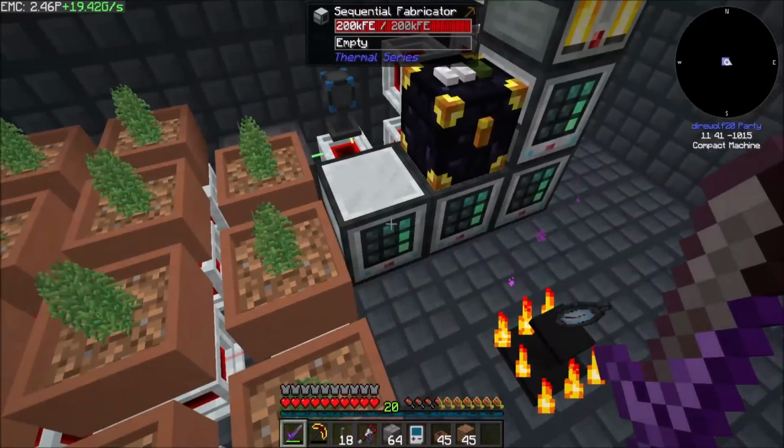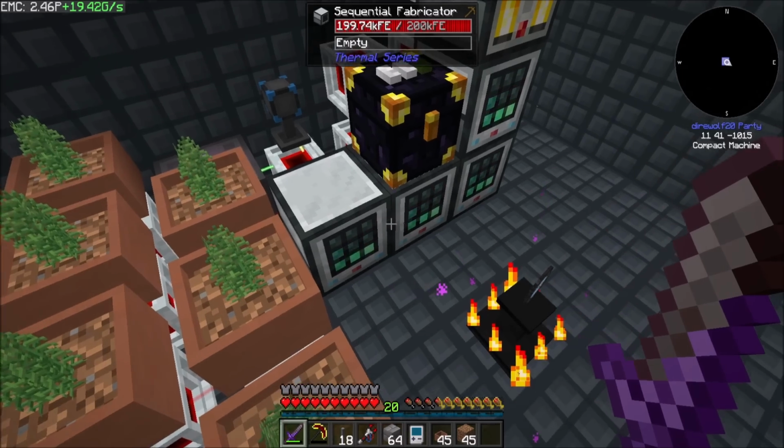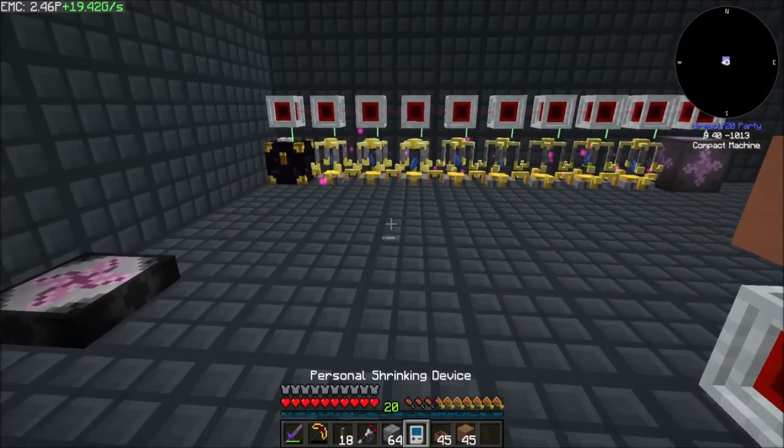But it's there, and we can see that by looking at this. See how much industrial hemp fiber we're getting? A lot better than it was before. Remember how slow this was before? Things are better now. So much better. And this thing's working out beautifully. As you can see, tough fabric is going in there and being produced. And if we pop out of here,